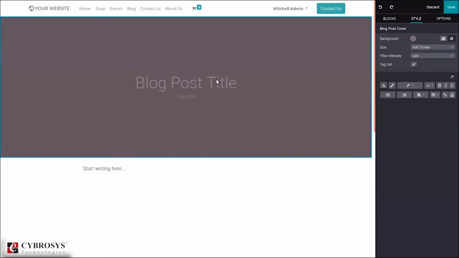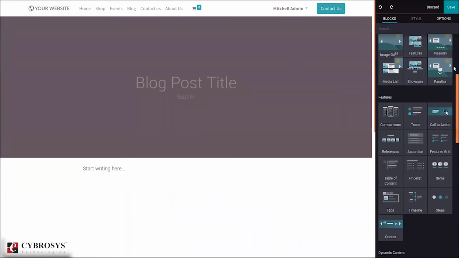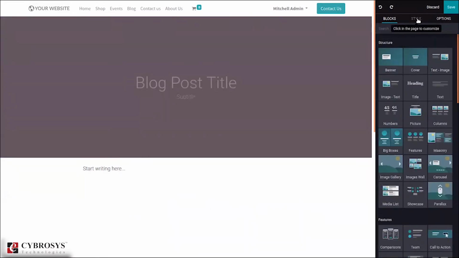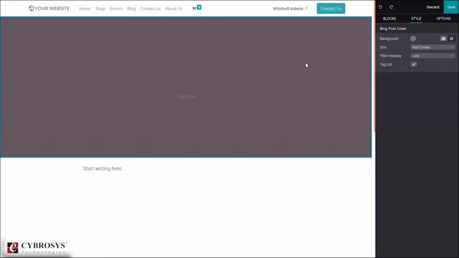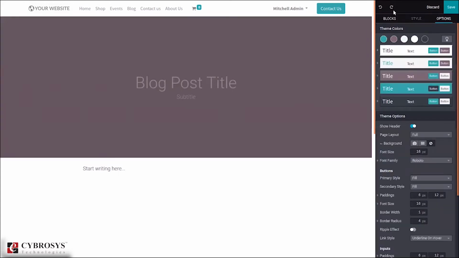Here you can find the page created. Here we can add the blog post title, add a subtitle, and add your writings. It is possible to add blocks to your page, and here you can style your objects using the style option. We also have other options for customization of your page.